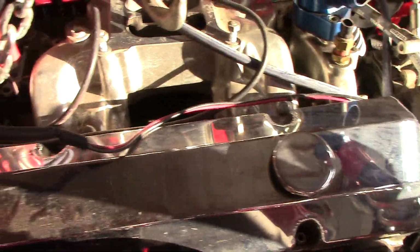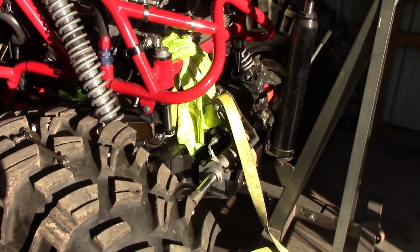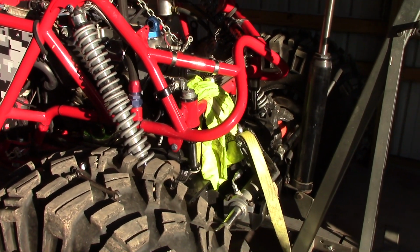I think I have everything about disconnected. Not that you guys can see it, because I pretty much can't see it. These headers do an excellent job of making sure I can't see anything, so I think it's all disconnected. I just got to finish removing the rest of these. There's 3 per side. Got a ratchet strap holding the front end down. I probably cranked it down about 2 inches, but it's also going to stay down as I pull the motor because